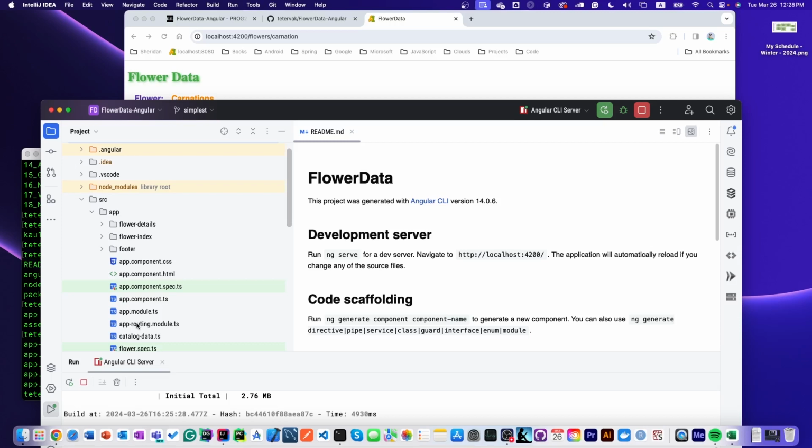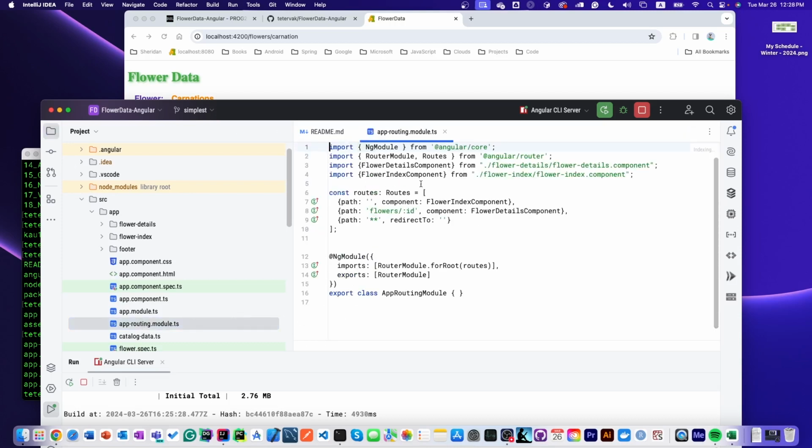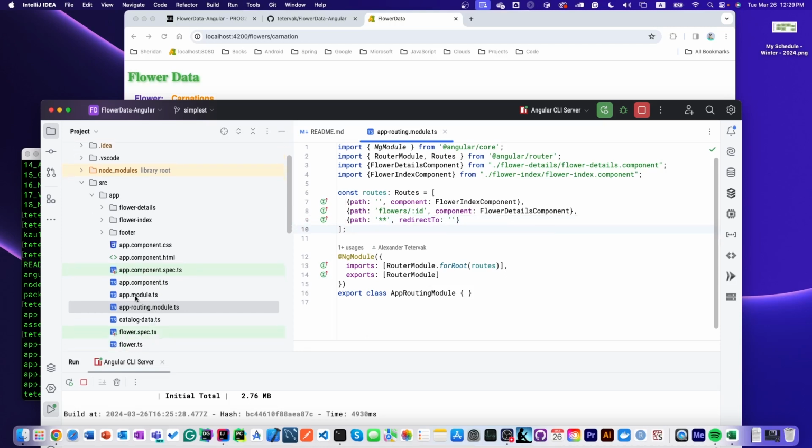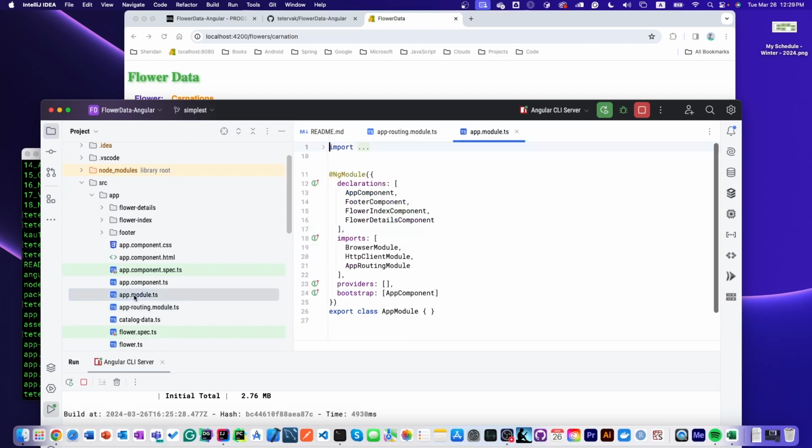standalone components. Navigation is defined in the APP routing module. So when a project is created, this is empty. So we need to fill it up in order to see at least one page. Unless we fill it up, it will probably show only the APP component. Currently, APP component